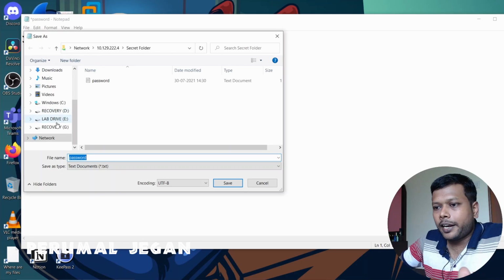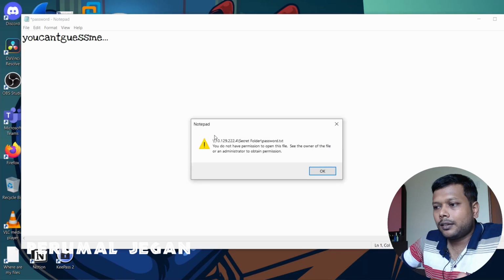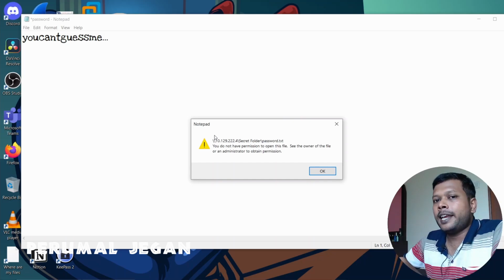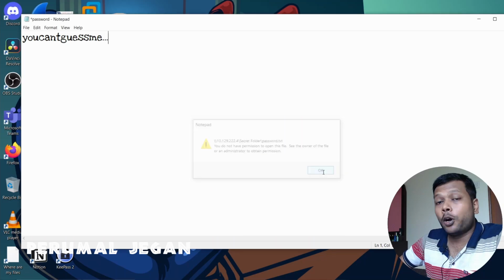Let me try to save the same file, and I'm not able to edit that file because of the share permission. You remember when we were creating that share, we allowed read access only. So because of that, we are not able to edit and modify the particular file.